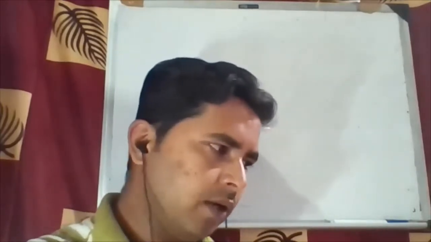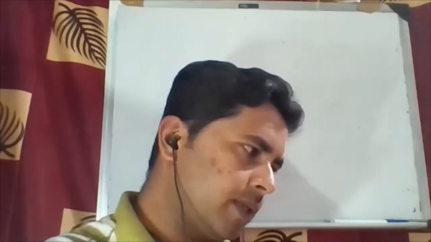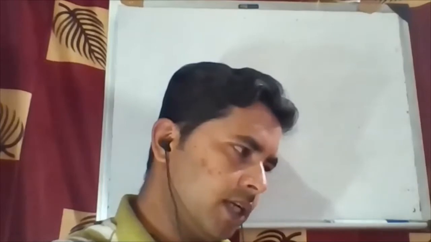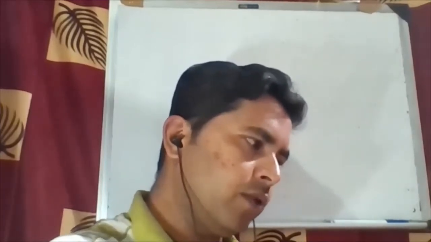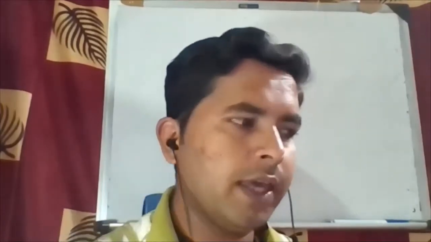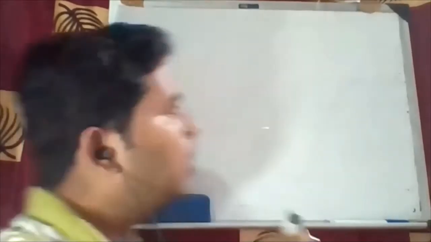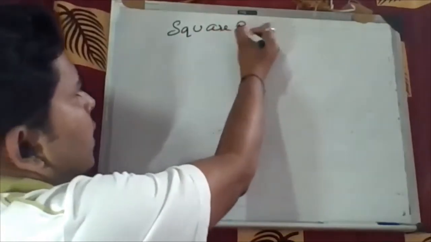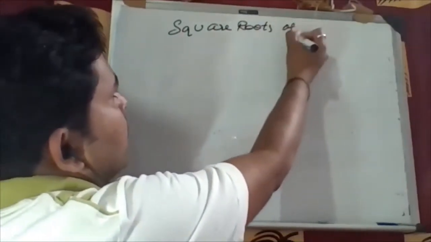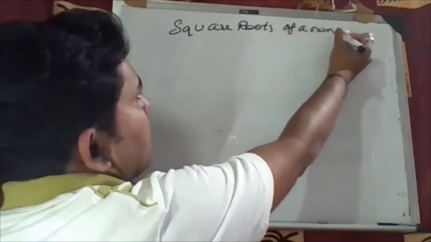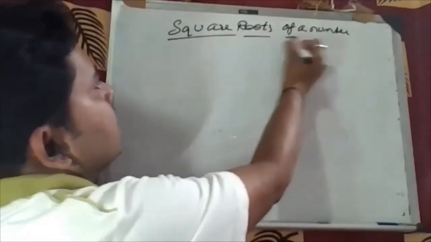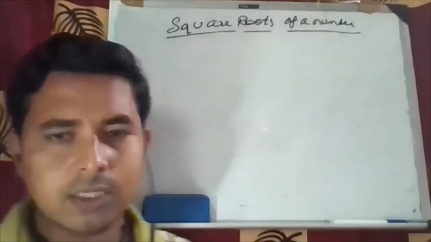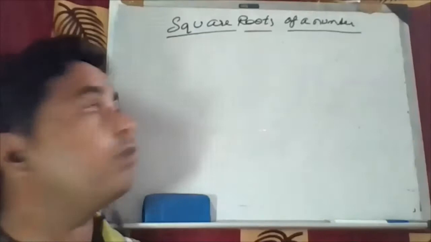Okay. So in the previous classes we have solved the cube of a number of 3 digit, 2 digit and single digit. Now today we'll see the square root of a number, how to find the square roots of a number. This method also contains different rules for how to find the square root.